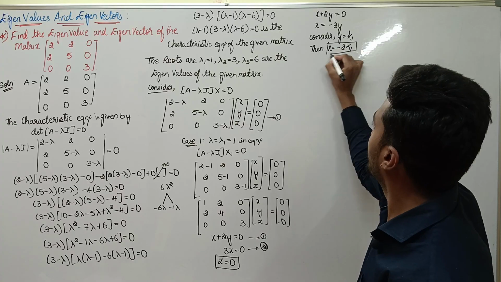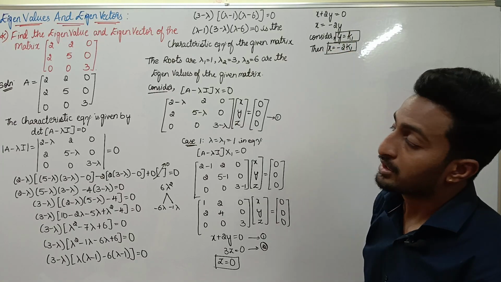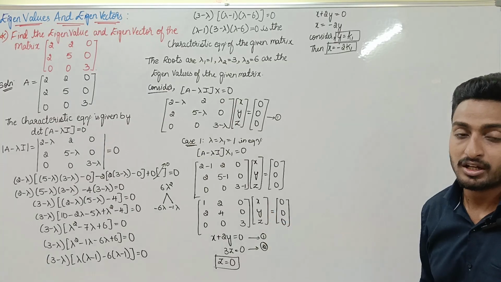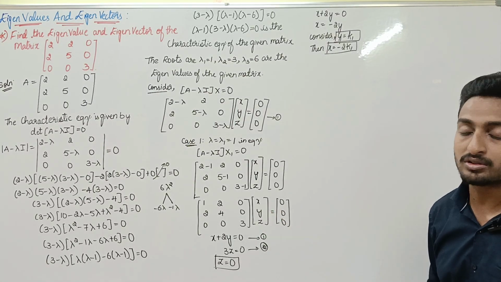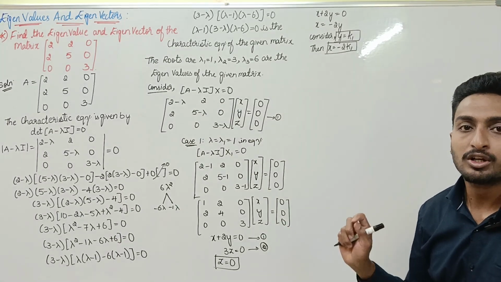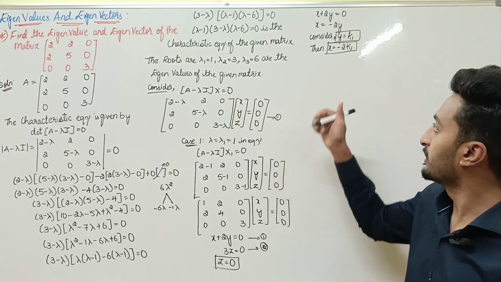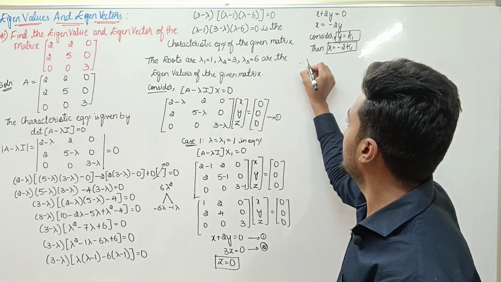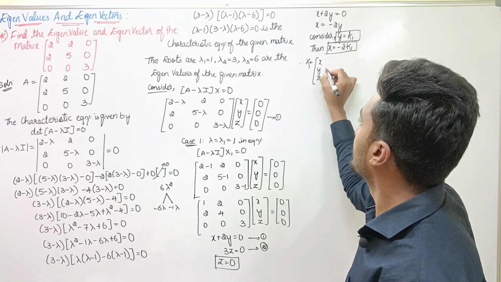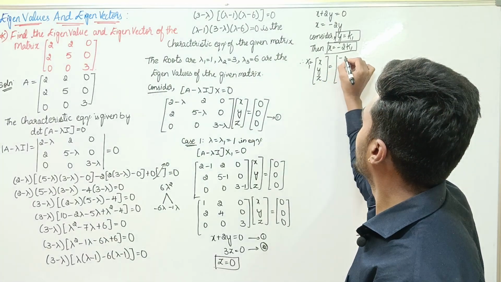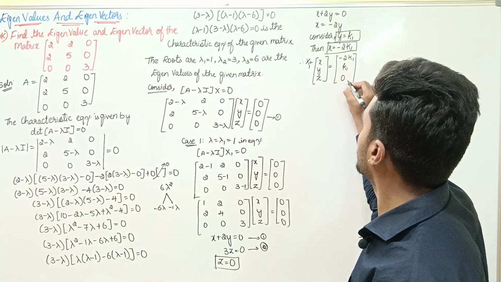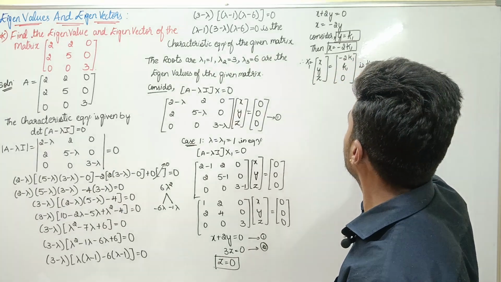This is the value of x and this is the value of y. Always remember, the unknowns x, y, z should not all be equal to 0. At least one variable should be other than 0. Therefore x1, which is x, y, z, equals minus 2 k1, k1 and z equal to 0,